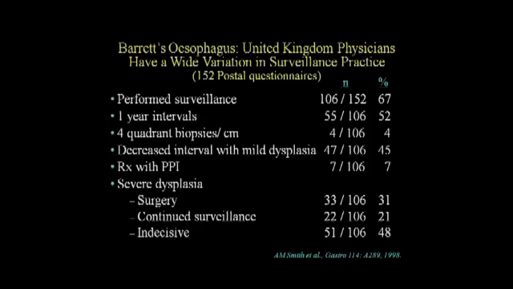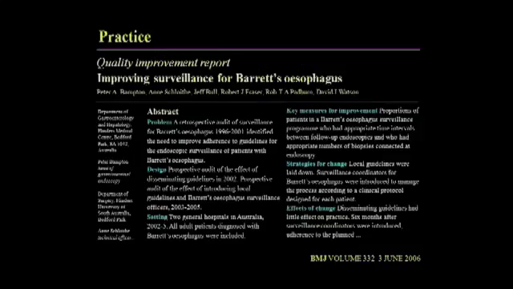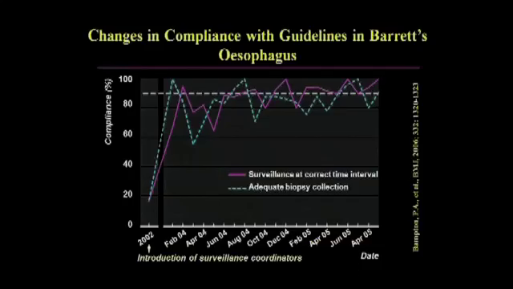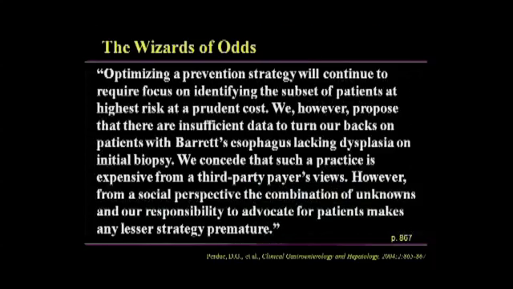And in fact, if you survey the prevalence of surveillance and even the proper surveillance, you'll find that it's not highly penetrated either. That's another problem. If we do it, can we get the community of physicians at large to do it properly? And that's a challenge. In fact, that challenge has been taken up, and with quality assurance efforts, one can improve those numbers. Again, this is a focused effort from Europe, I believe, showing that you can start low, and with education of the physician population, by and large the gastroenterology population, you can improve the ability to surveil.